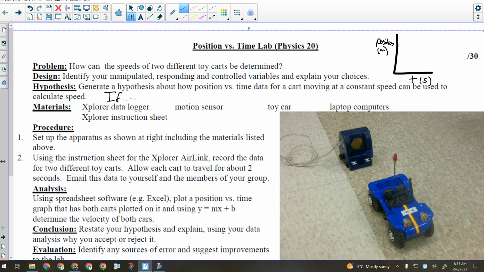So the if part is your premise, what you think is true. The and part describes how you're going to test that. And the then part predicts your results or tells me what you're going to be able to do with your data. In this case, you should probably tell me what your graph will look like, and most importantly, in the then part,